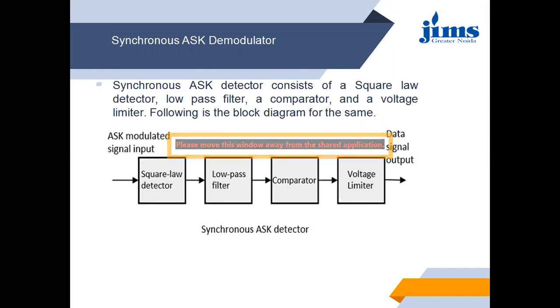After that, there is a comparator. As I told you in the previous technique also, the comparator is a decision making device which compares the high voltage signals and low voltage signals based on a threshold voltage. If the received voltage is above the threshold, the decision is taken as binary 1, and if the received signal is below the threshold voltage, the decision is taken as binary 0. That will bring you the desired binary pattern, the desired message signal.